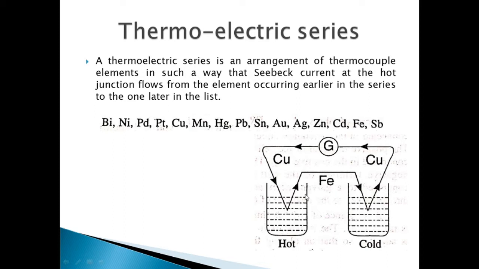At the hot junction, the current flows from the material which occurs earlier in the list, that is copper, to the metal which occurs later in the list, that is iron. The reverse happens in the cold junction. So there is particular significance in the arrangement of these materials.